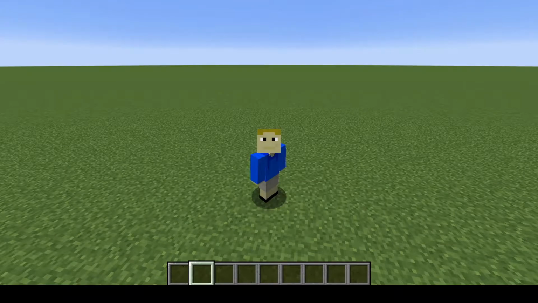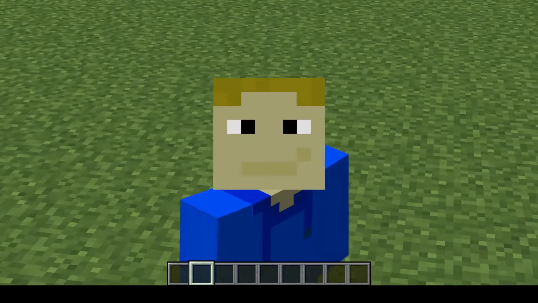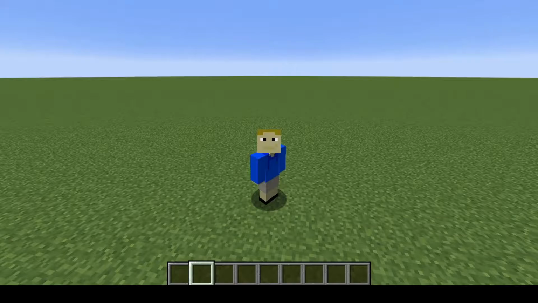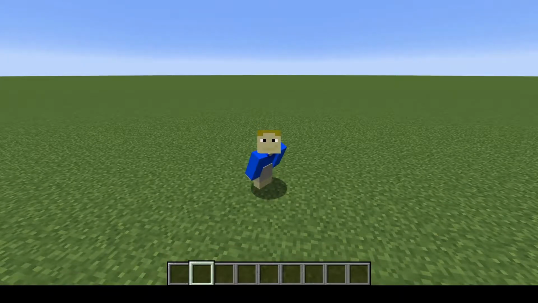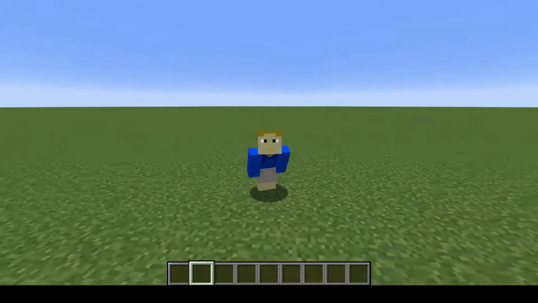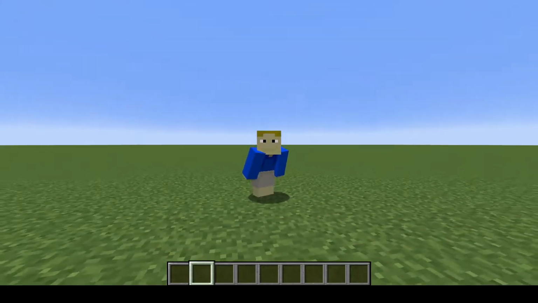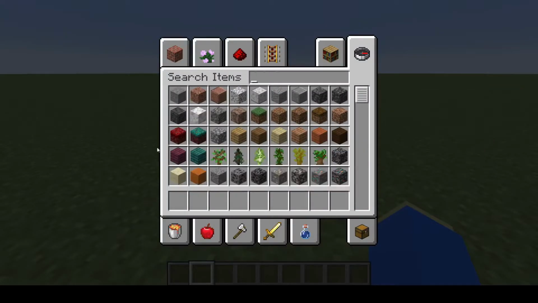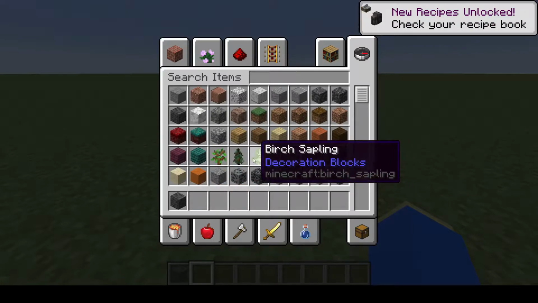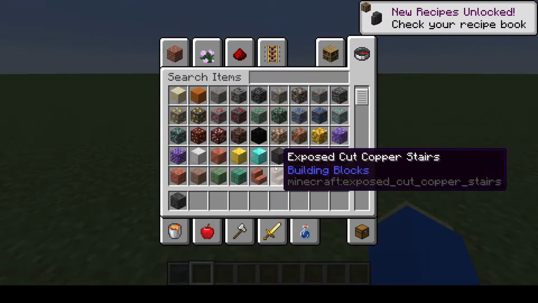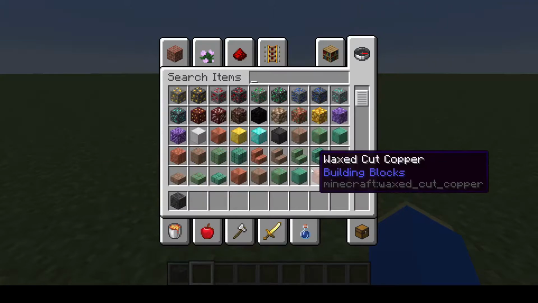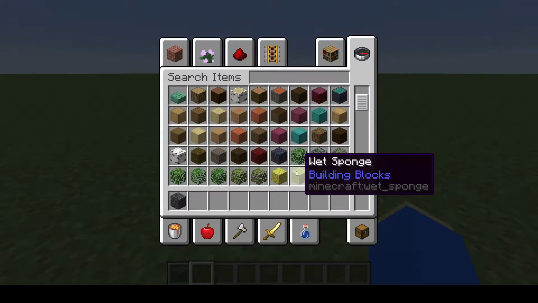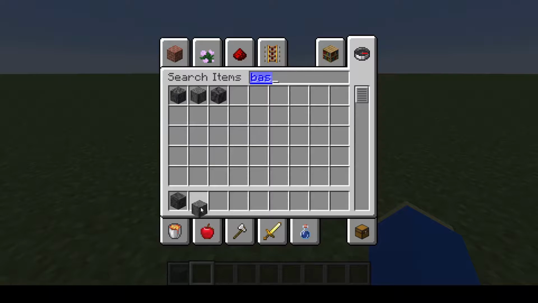So now that I've stated the steps, I'm going to walk you guys through some of them. This next one I'm building is going to be a Nether themed portal, and I have not tested this out yet or built anything. I'm just going to go by the steps and we'll see how it turns out. So obviously I said I was going with a Nether theme, so we'll get some